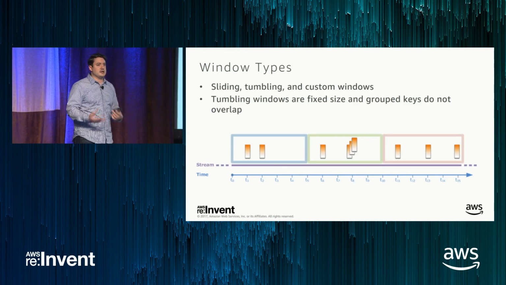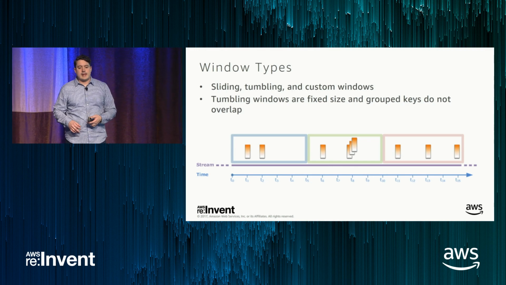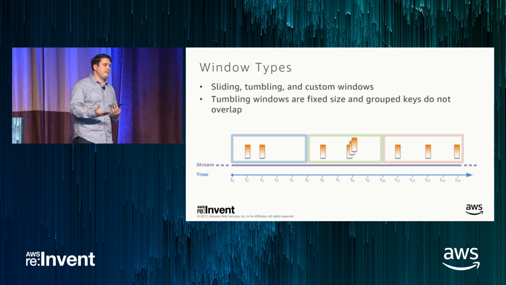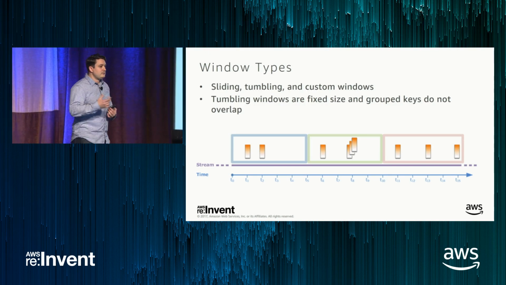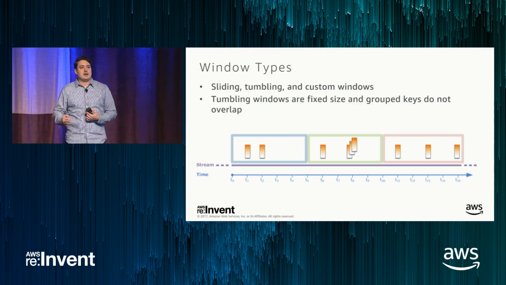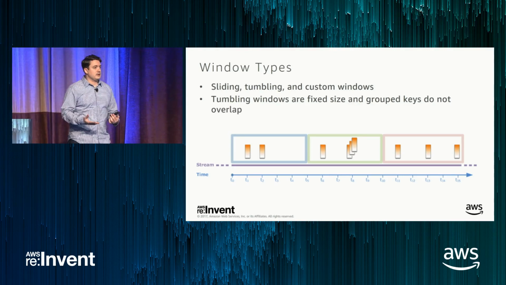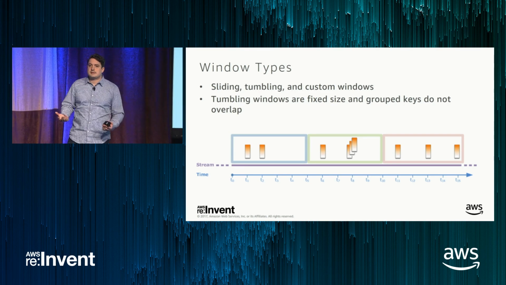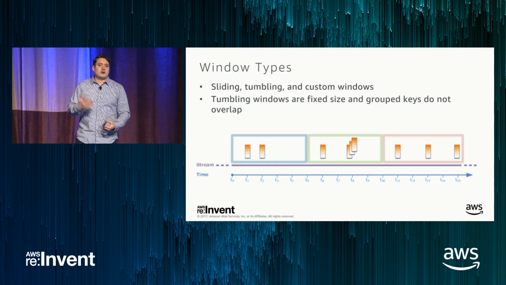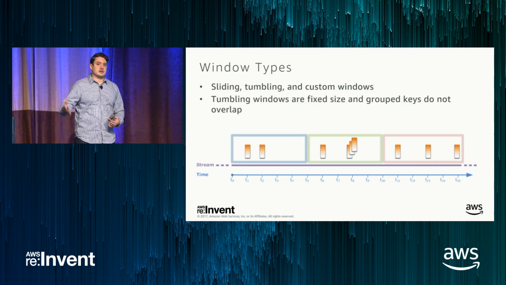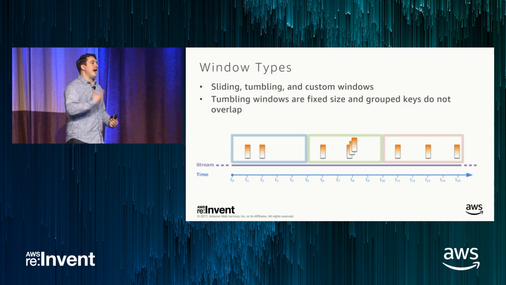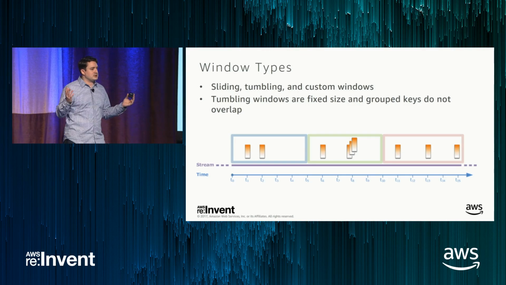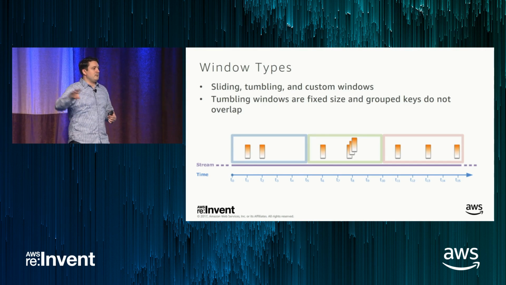A lot of times they're used in conjunction with sliding and tumbling windows. The other windows get a little bit more complex. Another example of a window is a session window. A session window is overlapping and not fixed size. You can think of it as a user session on a website. So a user logs onto your website. They might be browsing for 2 minutes or 5 minutes or 10 minutes. You don't really know ahead of time. You're closing the window based off of some condition associated with it, such as, I haven't seen any events from this particular user for 1 minute. I'm going to assume the session is closed, and now stop my aggregation, emit the result.